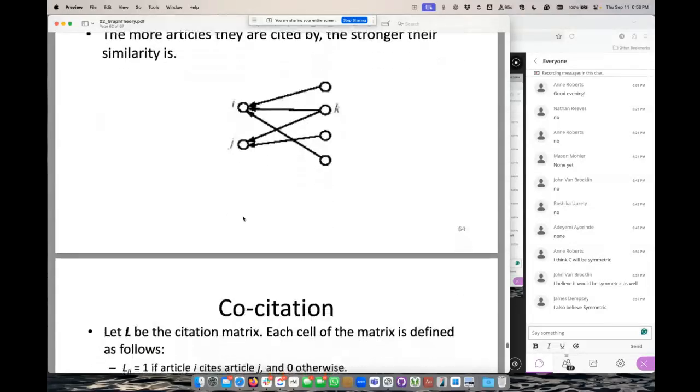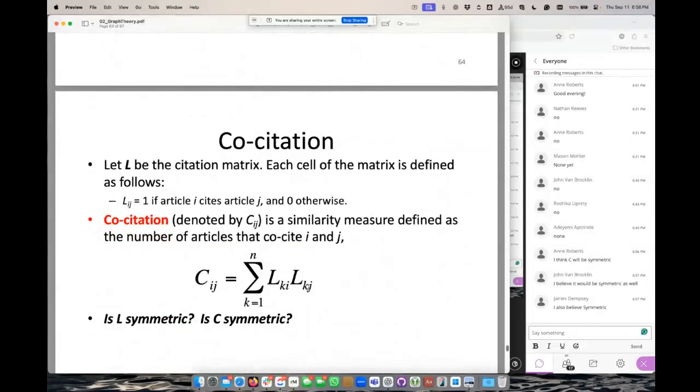So for paper I and J to be similar, this is the formula to know. And symmetricity is defined as, there is no difference between I to J and J to I. If I to J is same as J to I, meaning if Cij is same as Cji, then it is symmetric,